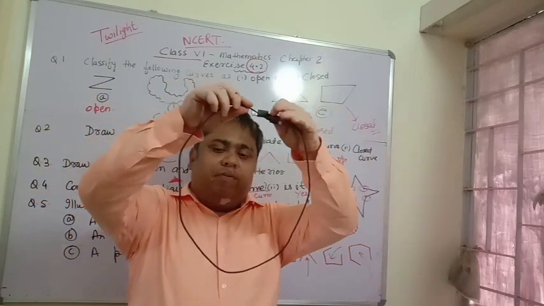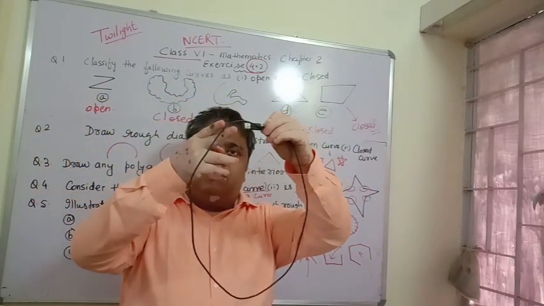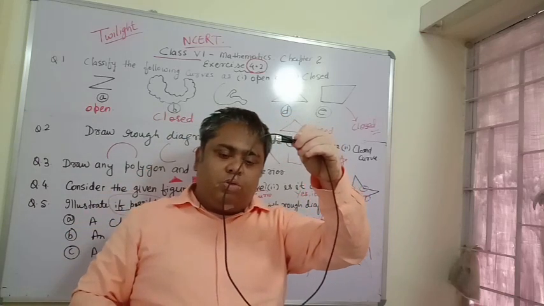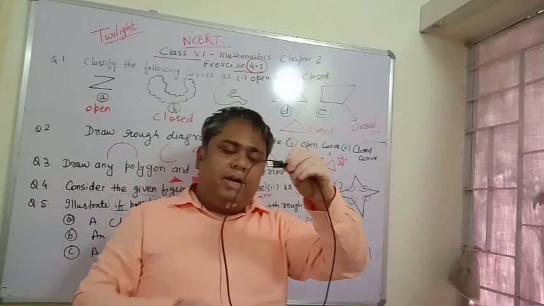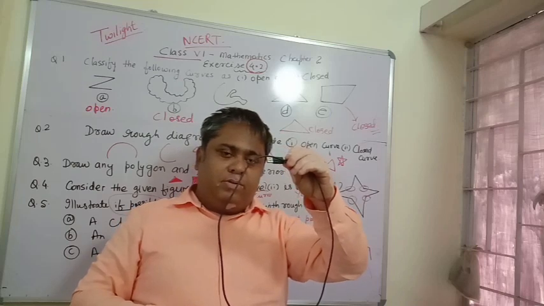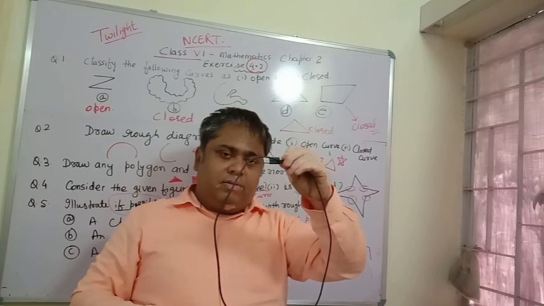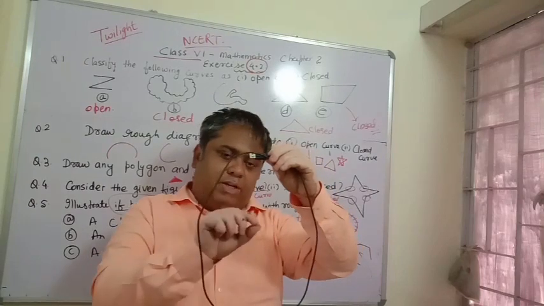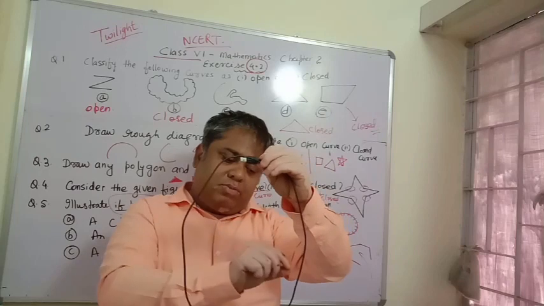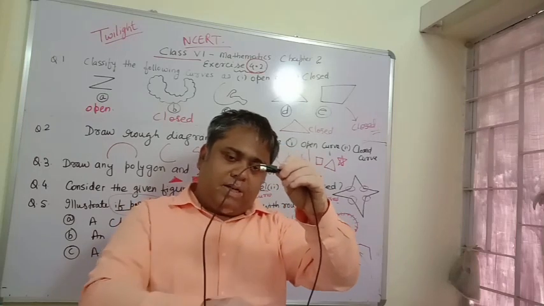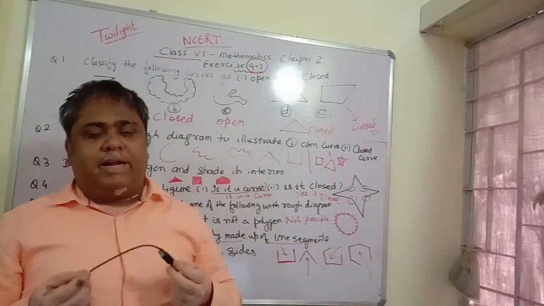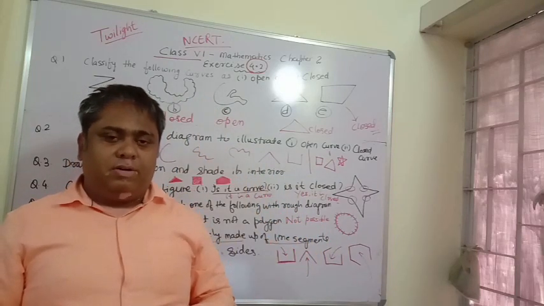Even if you take a circle, and you cut the wire into small pieces, these small pieces will be like line segments. So a circle is actually a collection of line segments placed at an equal distance from the center. If you place small line segments at equal distance from a center, what will it form? It will form a circle. Alright. So circle is a curve, square is a curve, triangle is a curve. These all are curves.